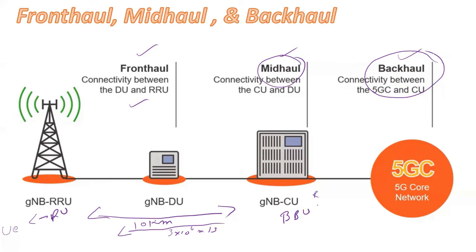So that's why, in the BBU all the layers were there as we discussed earlier, RLC layer, MAC layer, PDCP layer, all layers are there, right? But now some of the layers are in the DU, and the DU in most cases is near to the RU, right? So if there is no delay between the DU and RRU, then it's possible that the UE can get signal fast, or for vehicle to everything or anything which needs edge computing. That's why we are dividing the BBU into DU and CU, so that some of the functionality of the BBU is near the site, right? So that's why edge computing is possible with the help of separation of DU and CU.